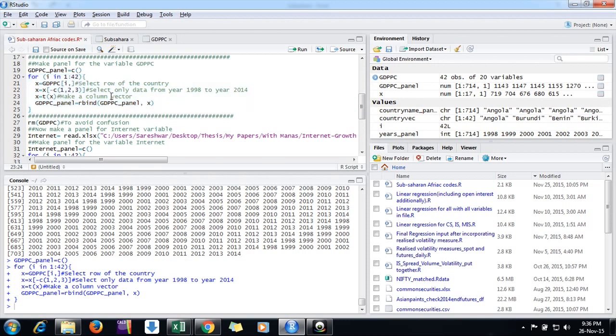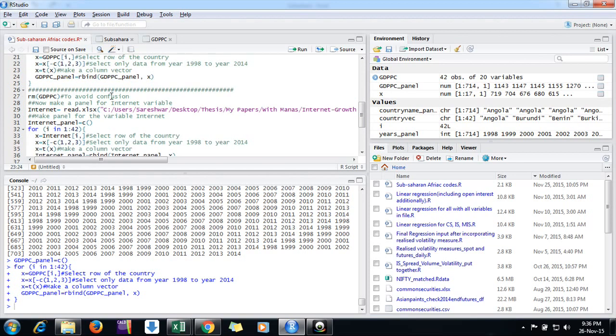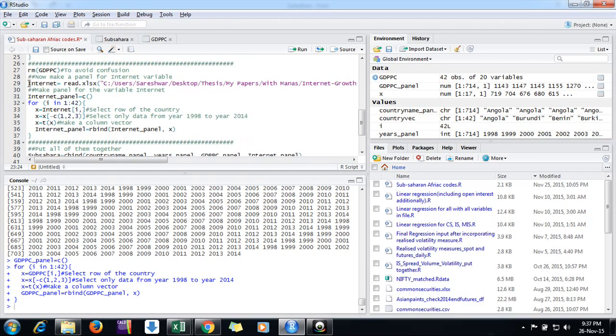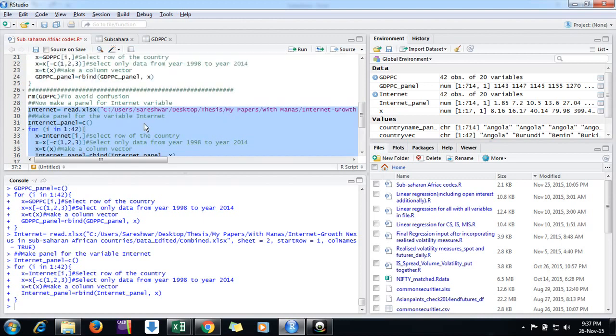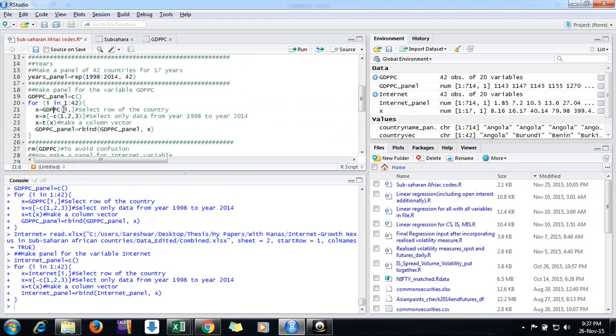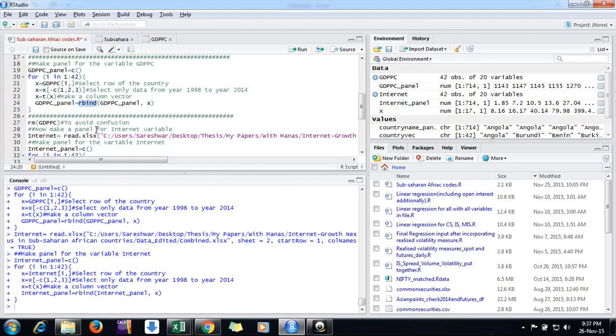Similarly, I can do the same thing for the internet variable as well. So now we have four variables. What I did here is simply take the first row by a for loop. Similarly, all the rows. In each row I want to remove these three values. These three values I have removed. Then making a transpose just to convert it into a column. Then putting them together by using the rbind function, and then you get the answer you want.